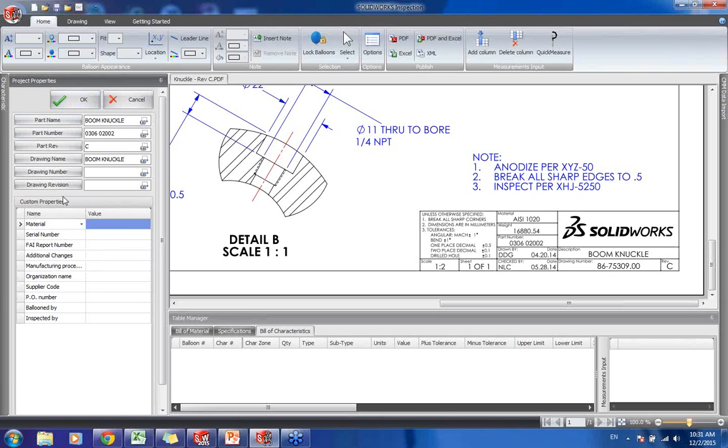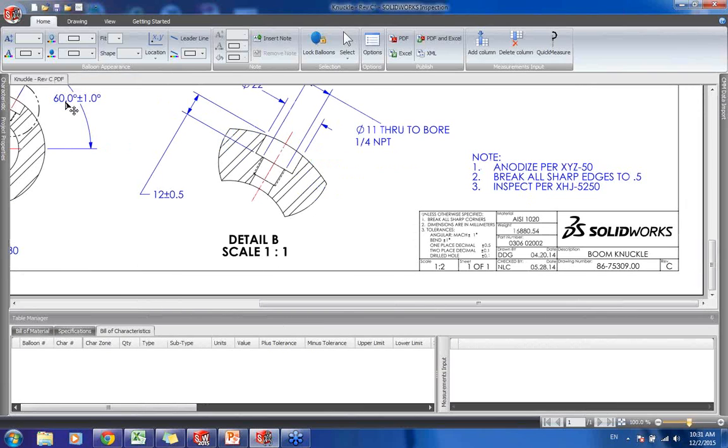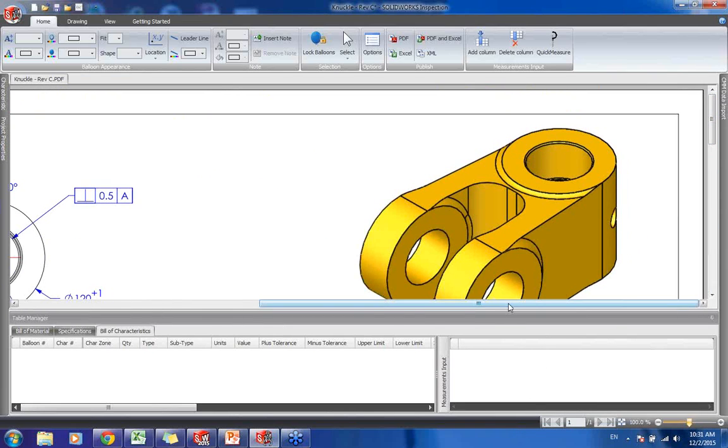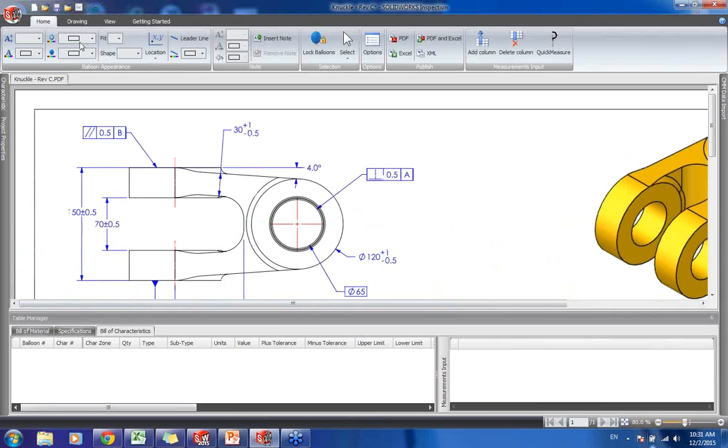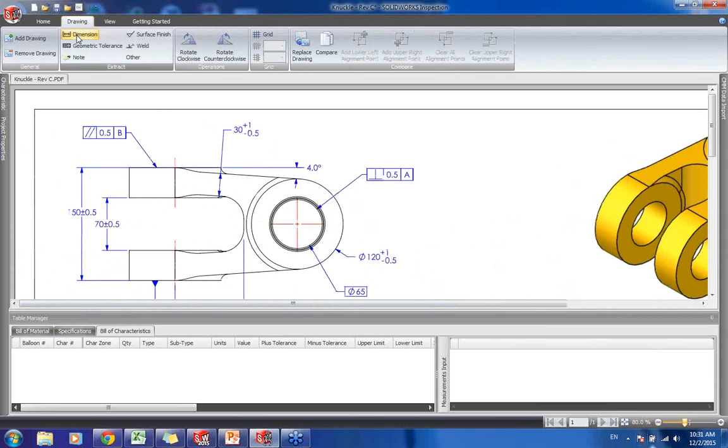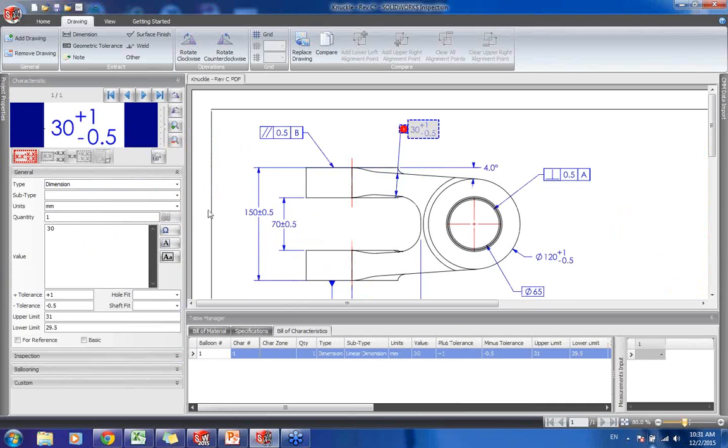Okay, and once we're done, we can just click OK. Okay, so next, what about the dimensions and the balloonings? Okay, so same thing. Here, I can go to drawings and click on dimensions. Okay, and here I'll just select this dimension right here. And once again, using the OCR